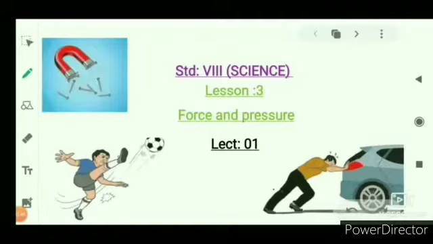Here are some figures given to you in your textbook. Just open your book and on page number 14 these figures are given to you. Various figures are given. I have taken some figures here. So what do you observe in these three figures? What are you observing here? Just think of it. You can see that